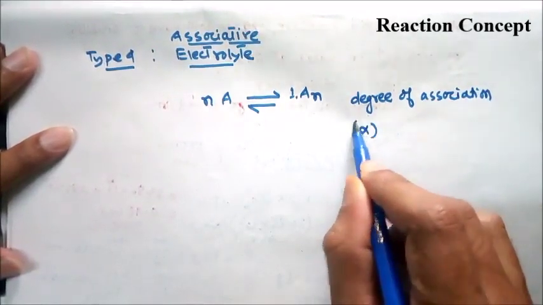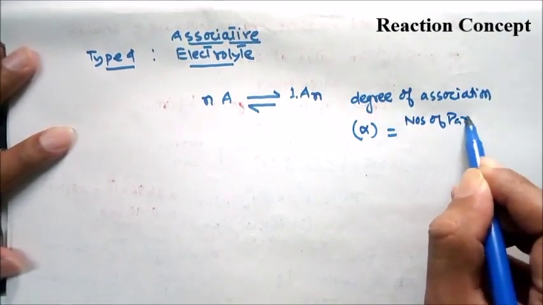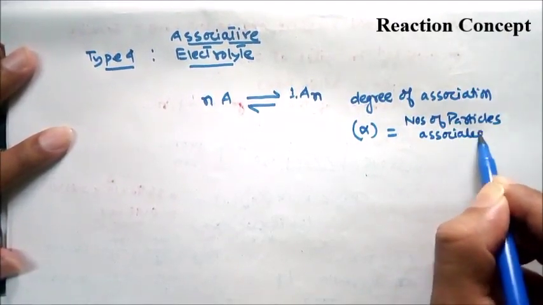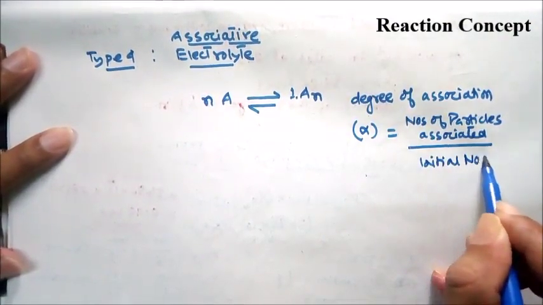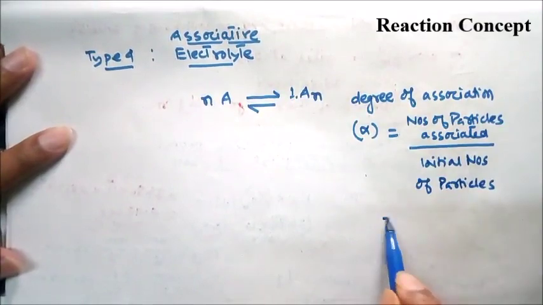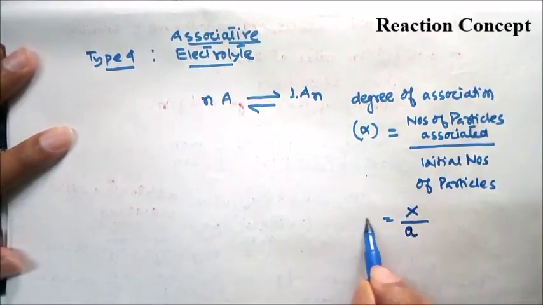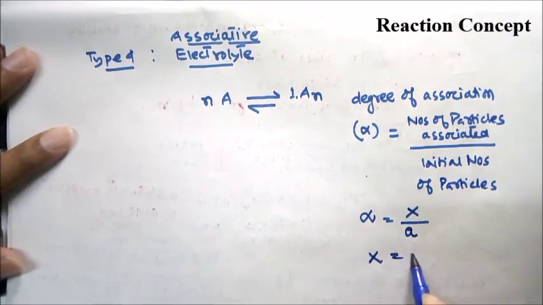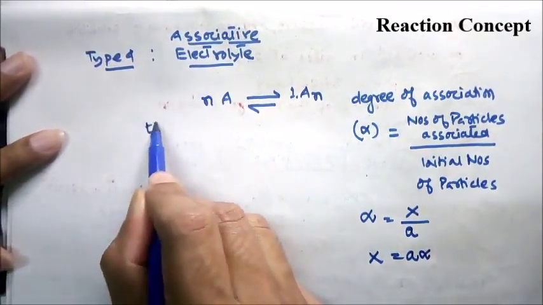It is also denoted by alpha. It is given by the number of particles associated divided by the initial number of particles. Okay, if the number of particles associated is denoted by x, and the initial number of particles is A, then alpha, that is the degree of association, would be x by A, and x would be A into alpha. Okay, here you see if you initially take at 0 second